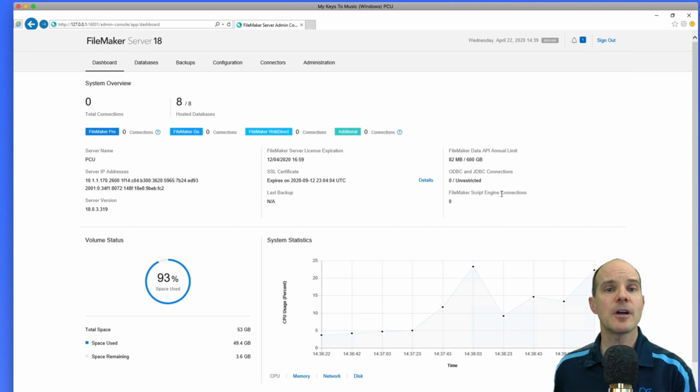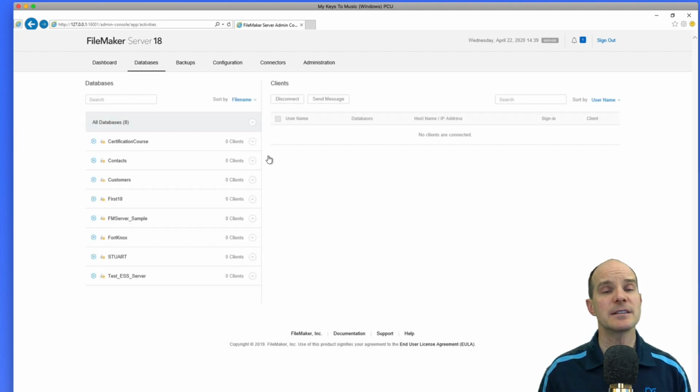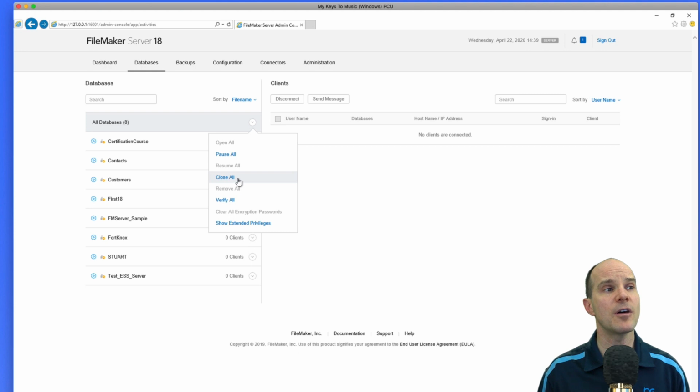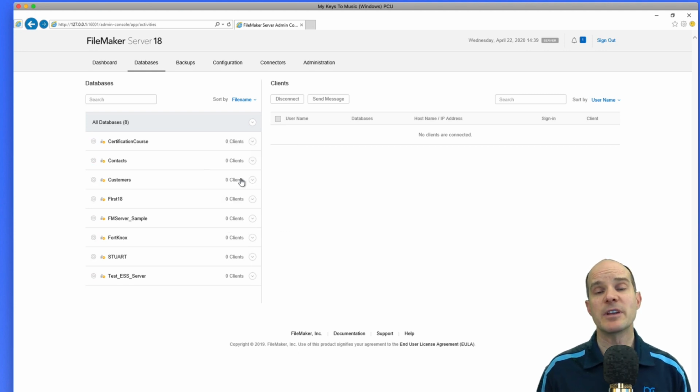And before I even go and install the upgrade, there's a couple things I want to prepare first in advance. First, I want to go to databases and see if anyone is connected. If it's now time to upgrade FileMaker Server, we can disconnect all the clients. An easy way to do that is to go to this icon here over where the files are located and simply say close all. If people were connected, it would give me an opportunity to set a timeout, let's say 2 minutes, and even put a message in there if I wanted to. But since no one is connected, all the files just close immediately,